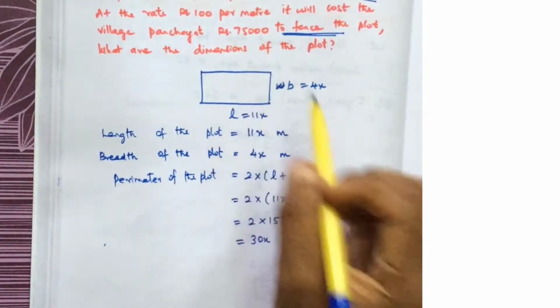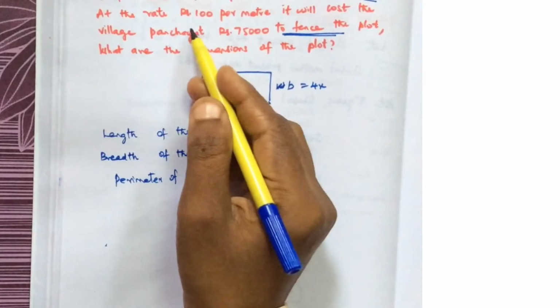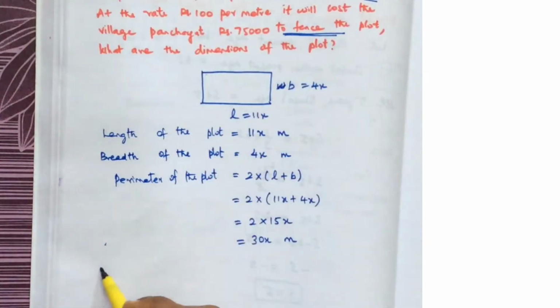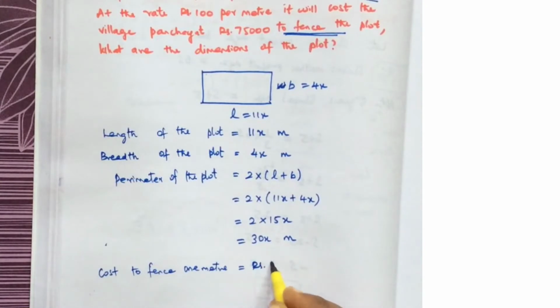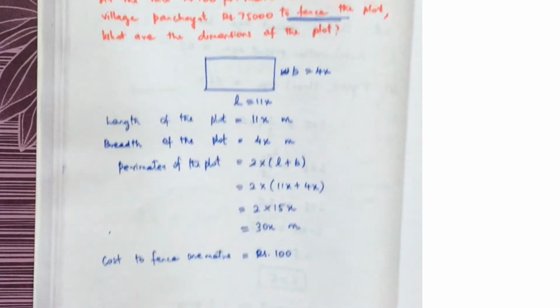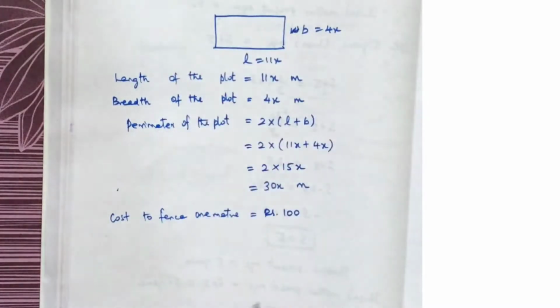Okay. So 100 rupees per meter. So cost to fence 1 meter. What is the cost to fence 1 meter? It is rupees 100. To fence 1 meter, the cost is rupees 100. That is what is given here. Therefore,